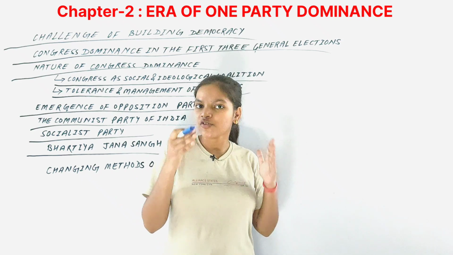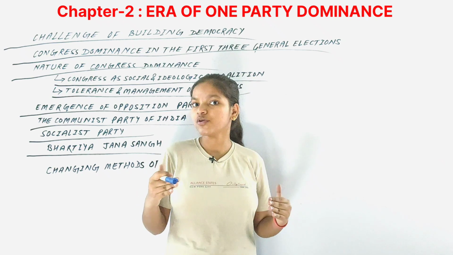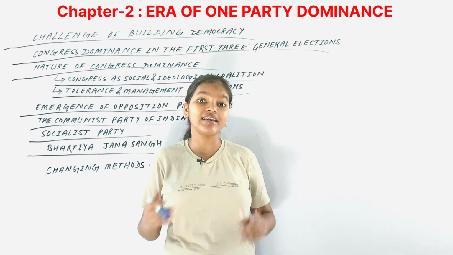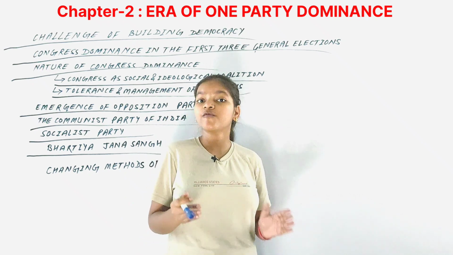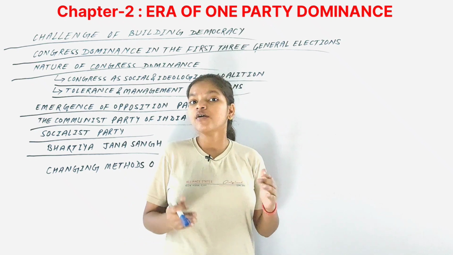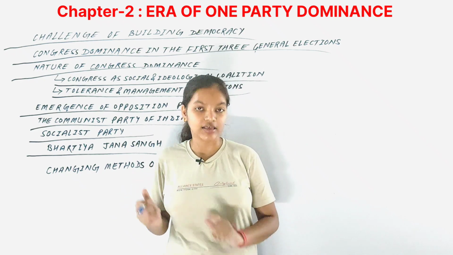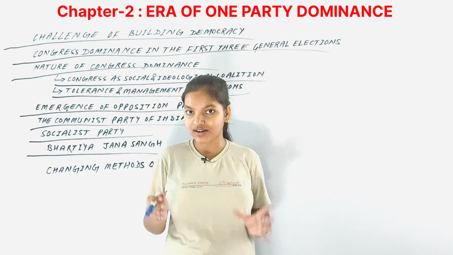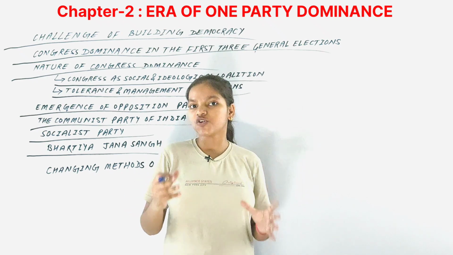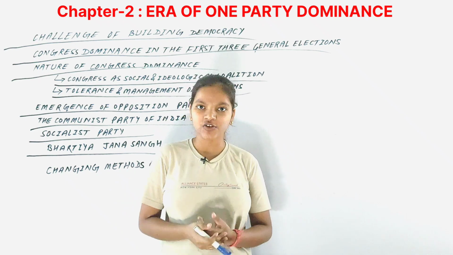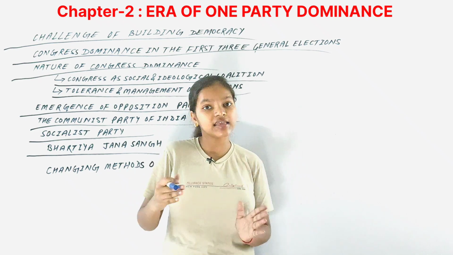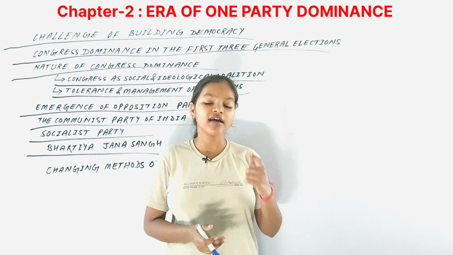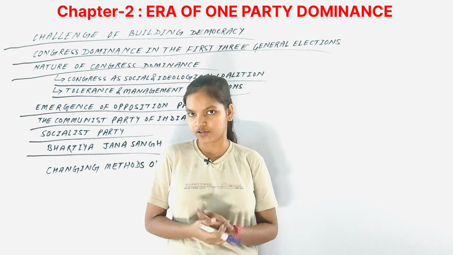Another thing, as I've already said, is that it wanted modernization in the country by taking the traditions and culture of the country, and that is why the coming up of English was not at all in line with the ideology of this party. That's why it was at the forefront of all those movements against the choice of English as the official language of the country. They wanted Hindi to be the official language of the country. So we can say that they have an ideology of Hindutva.